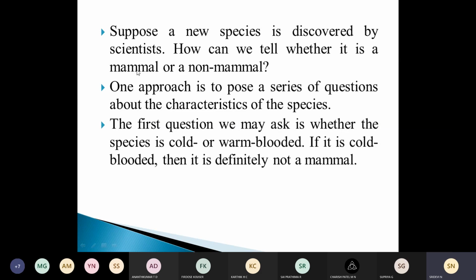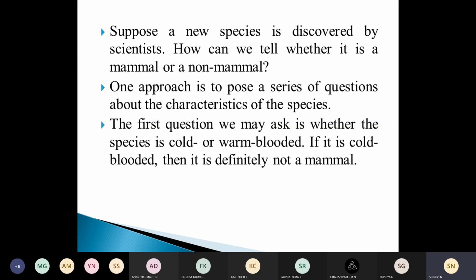For that, we can pose a series of questions regarding the characteristics of the species. For example, we ask whether the species is cold-blooded or warm-blooded. If it is cold-blooded, then it is definitely not a mammal, because all mammals are warm-blooded.